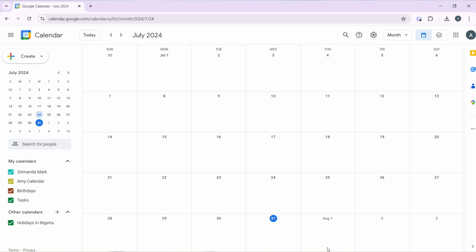Provided that you have your Google account already set up in your PC, then signing in to Google Calendar is pretty much automatic. Google automatically creates an account for you on Google Calendar. So once you enter the website using the URL, as stated here, it just takes you right into your customized account. So now, let's quickly hop into today's task, and that is how to set working hours on